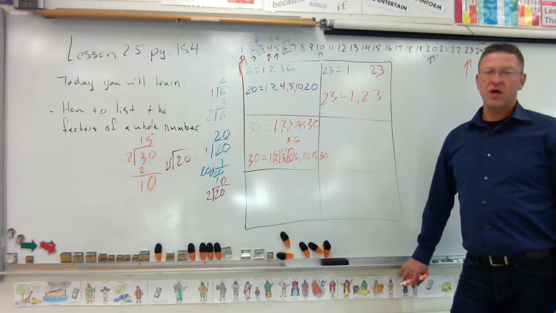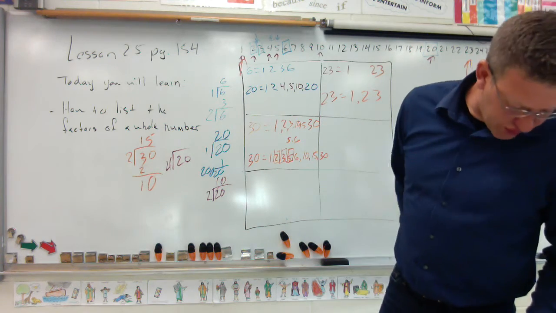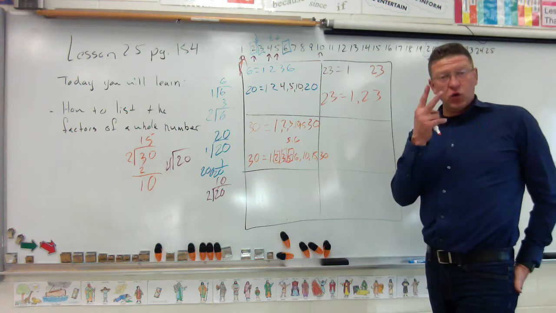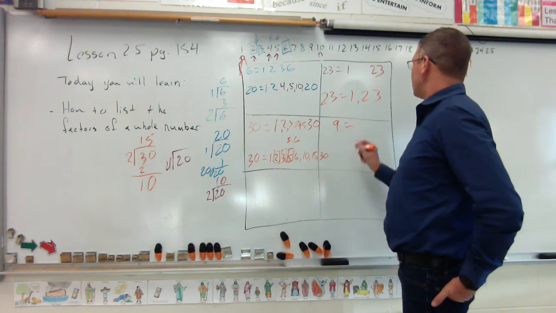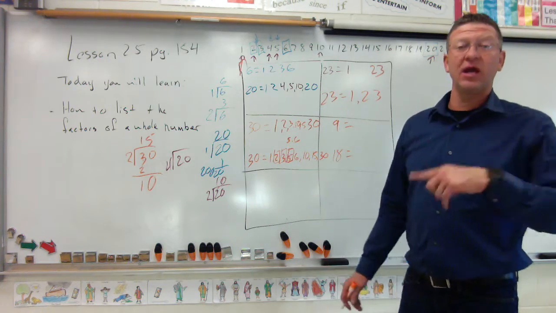Okay? Example number 4. It says, which factors of 9 are also factors of 18? Now, on this one, you're going to have 2 of them. So I like to do it like this. 9 equals and 18 equals. Every time we're asking for factors, you're going to put that number equals, and then you're going to start with